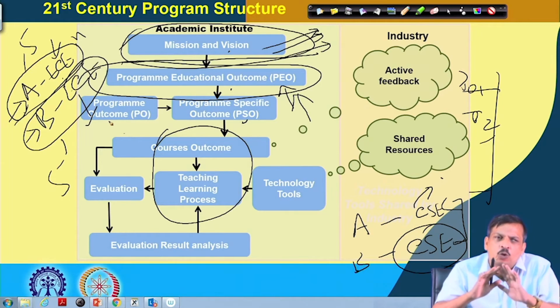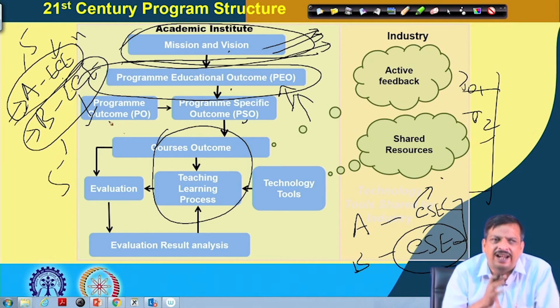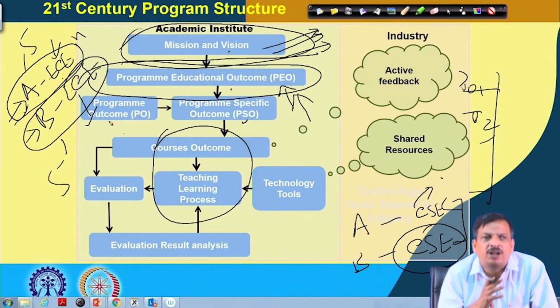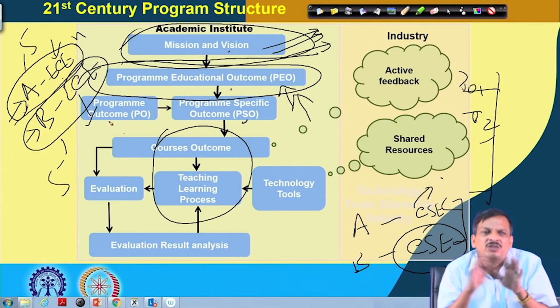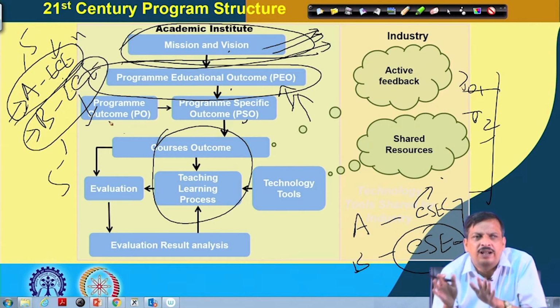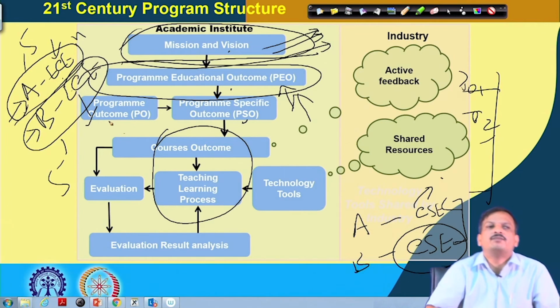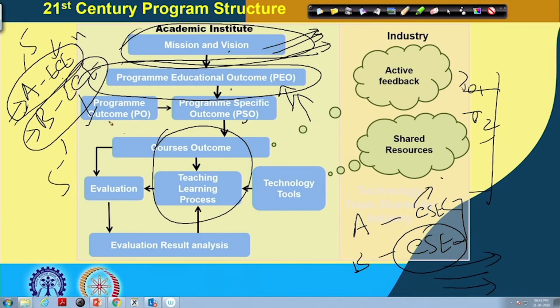So, what should I do in the class so that I can say my teaching learning process caters to development of communication skill, lifelong learning, teamwork, all domain independent skills, while I am teaching a domain dependent subject? When I make the CO-PO mapping, the mapping between PO-PEO, all of which I will describe later,